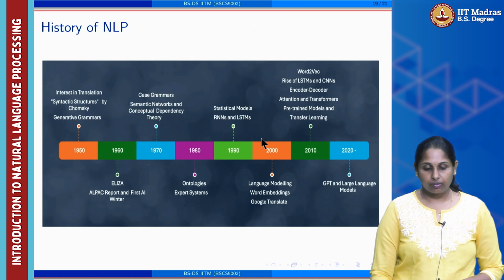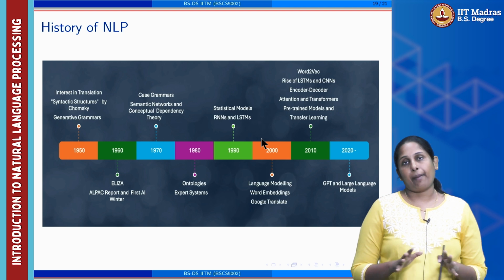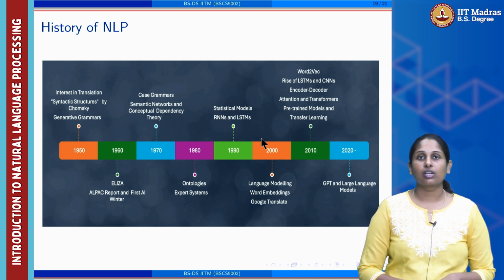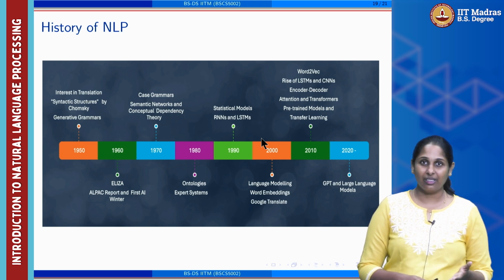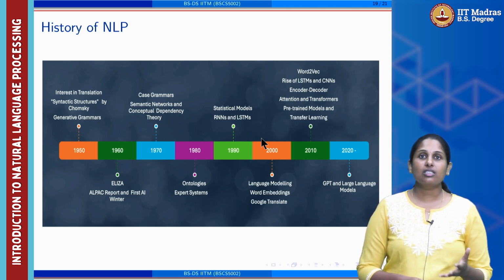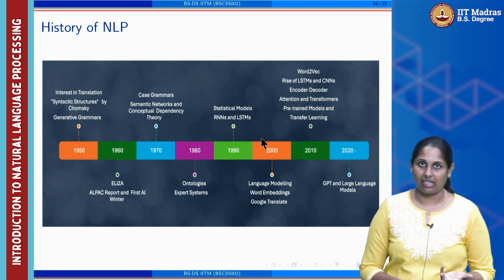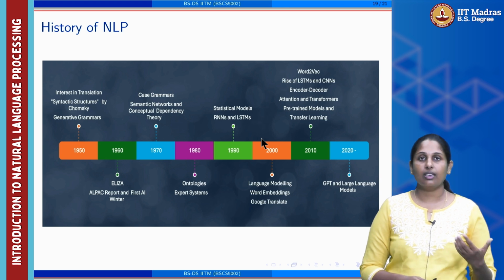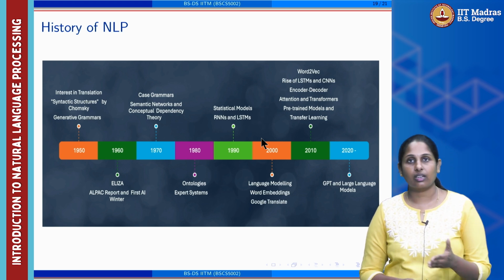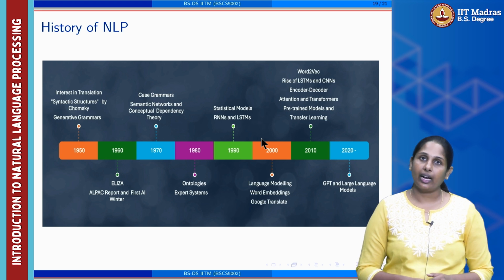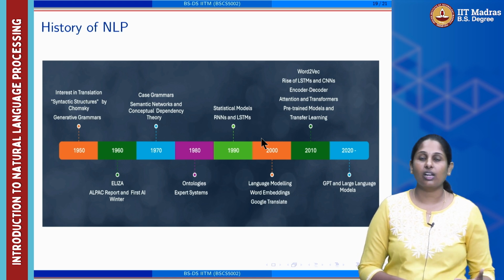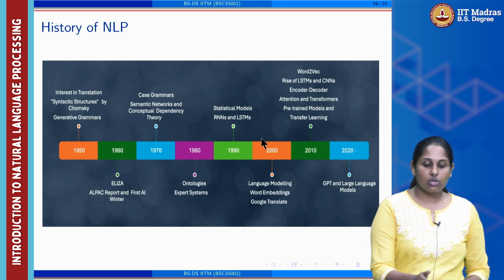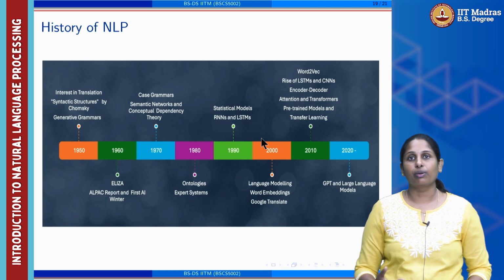areas of NLP. So to sum up what happened in the NLP field, as you could see, from the 1950s onwards the research started. So it is not a new field anymore, right? But the interest during that time was only in building translation. But the improvement in the research on syntactic structure by Chomsky and generative grammar led to the later advancement in NLP, in terms of computational as well as linguistic understanding, which happened throughout the years. So each decade is marked with some kind of improvement.